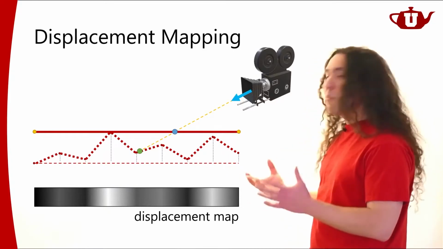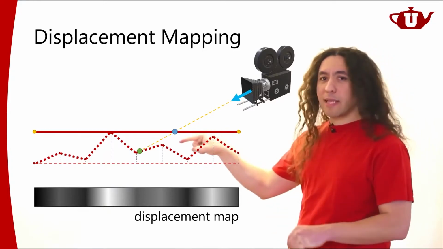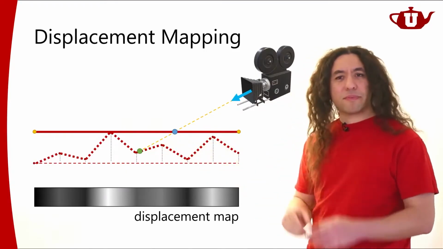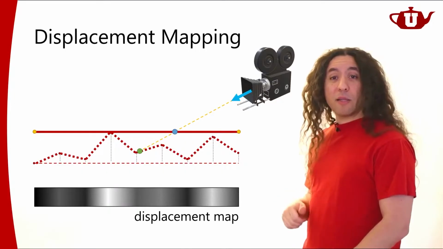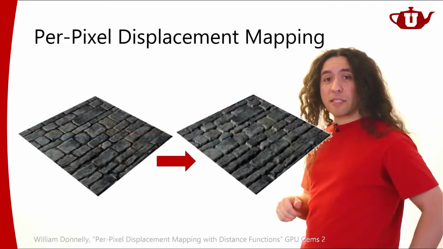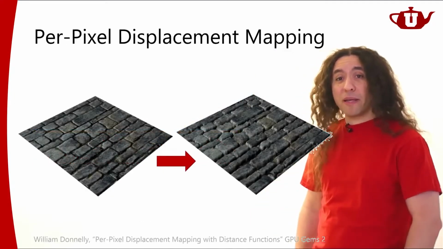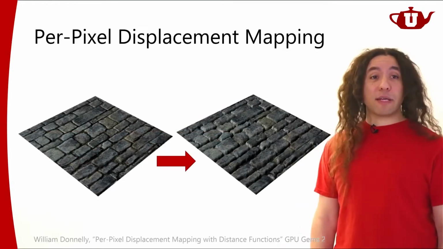Using something like ray marching is possible, so you can think about this as volume tracing. There are other ways to handle that as well. If you want to learn more about how to do this, I would suggest that you check out per pixel displacement mapping. This is used for offline rendering as well.